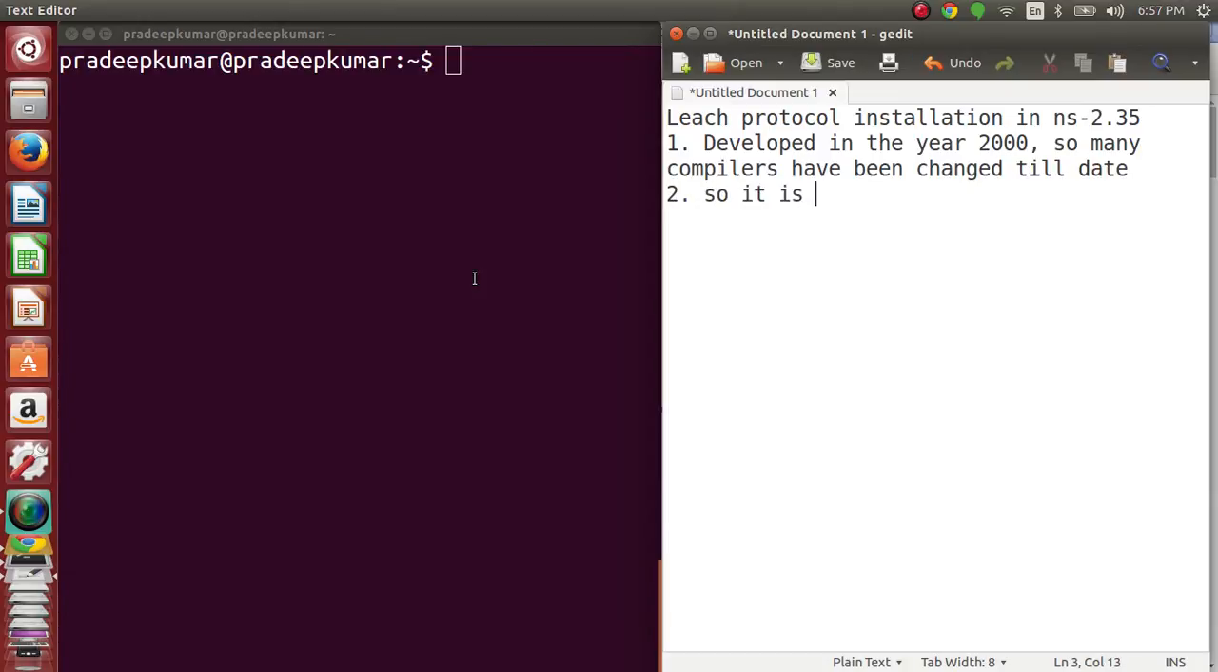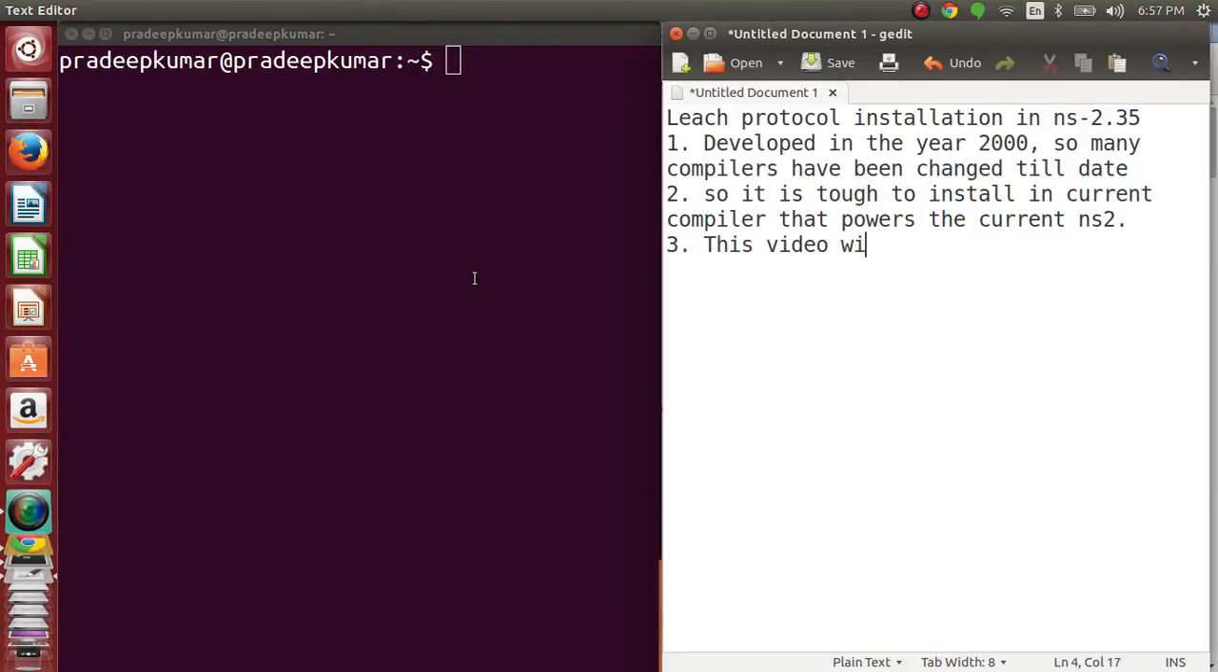So it is tough to install in the current compiler that powers the current NS2. So this video will make you comfortably install the LEACH protocol, called MIT uAMPS, in NS version 2.35